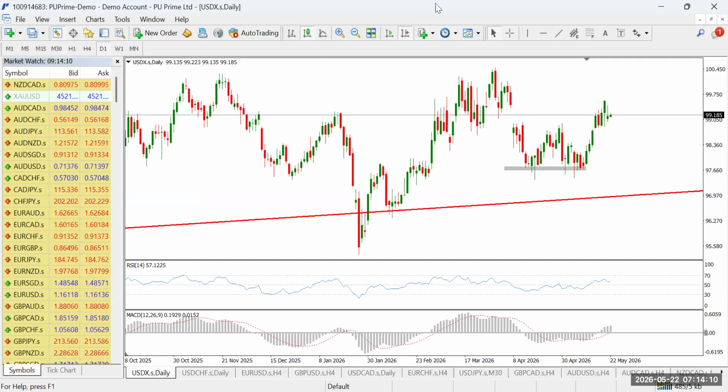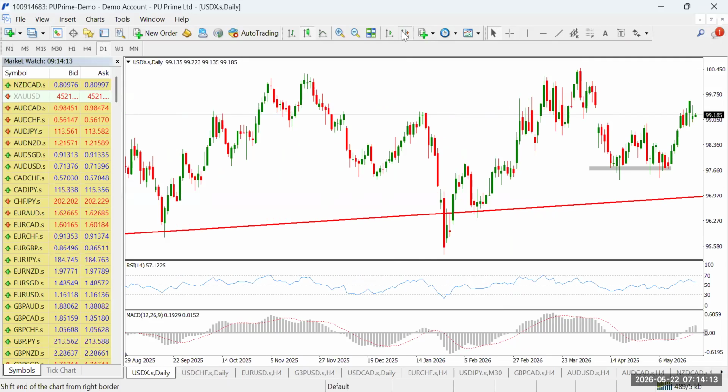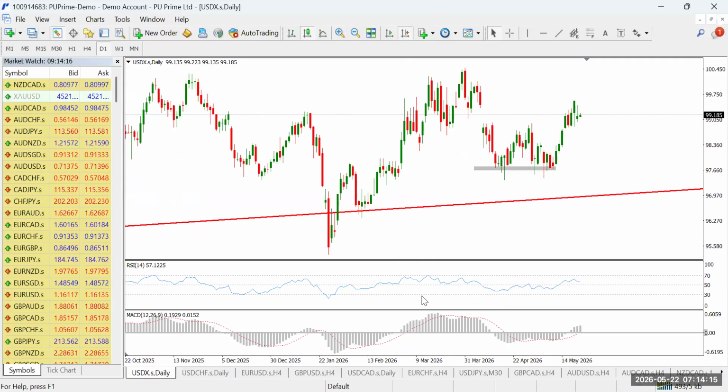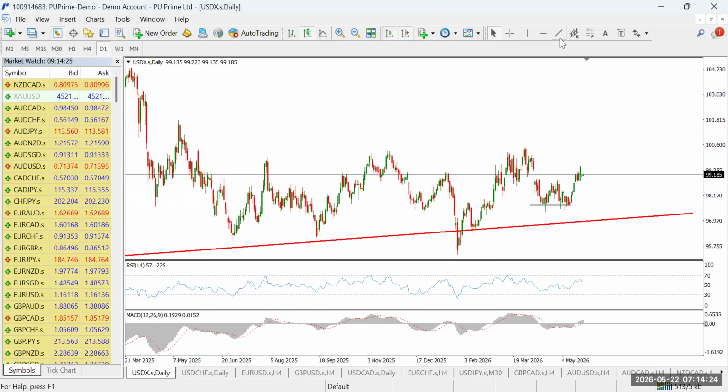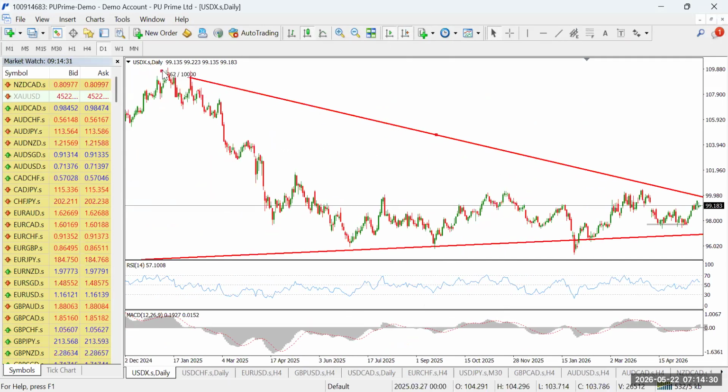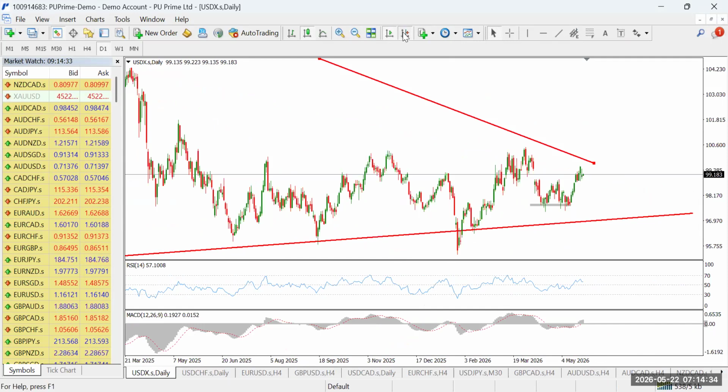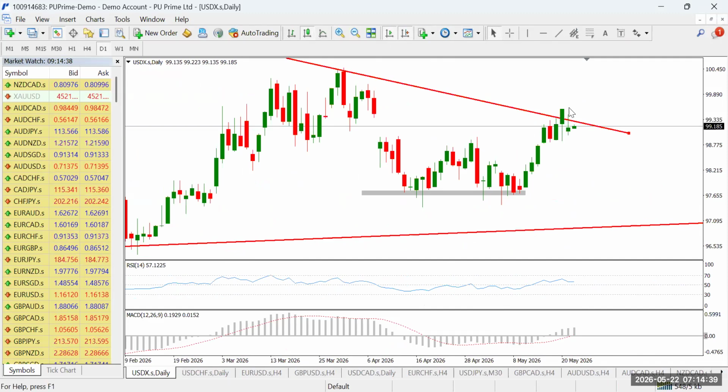So I'm checking the dollar index. Now, the dollar index has not been moving well in the last couple of days. We had a fake out here on the daily time frame. But then overall on the daily time frame, I can clearly see a downtrend on the US dollar. That's a downtrend. And like I said, this is actually a fake out. So what our candlestick shows now is this rejection candle, which you can see right there on the daily. So technically, we'll still look for a bearish movement on the dollar.